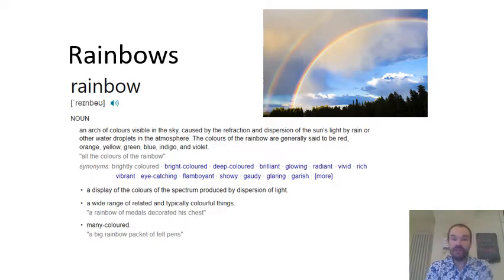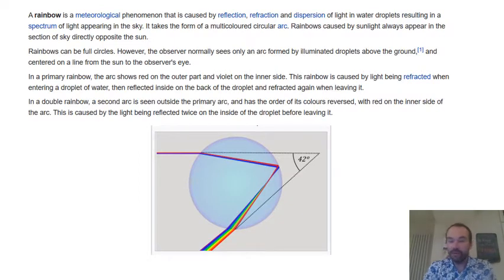If we look at the definition: an arc of colours visible in the sky caused by the refraction and dispersion of the sun's light; a wide range of related and typically colourful things, many coloured, bright coloured, deep colours, brilliant, glowing, radiant, vivid, all the colours of the rainbow. But I warrant that if you ask most people, they wouldn't know what they are caused by. So here, very quickly,